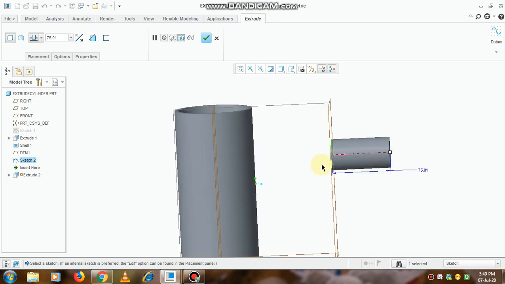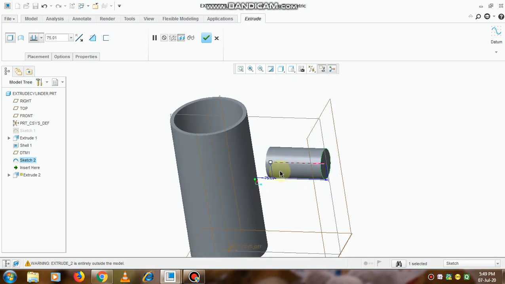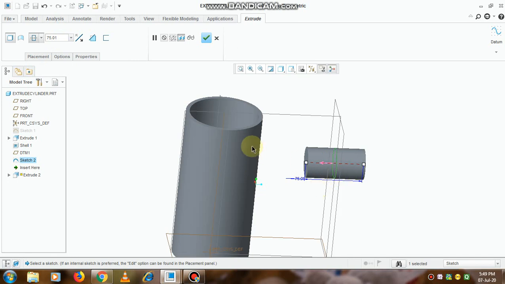So we can always change the direction of extrude, or we can reverse the direction of extrude, in this way. Now again there are different options in this extrude command. Here on this top side you can see, extrude from the sketch plane by a specified depth value, or we can extrude on both sides. Suppose if I click here, whatever the extrude value is, it will get split on both sides of the plane.